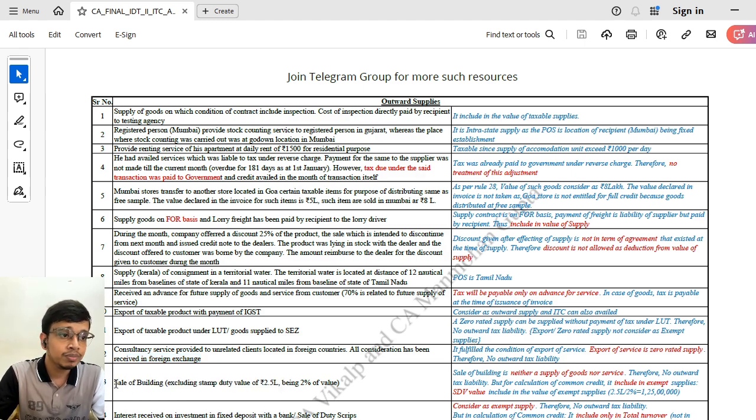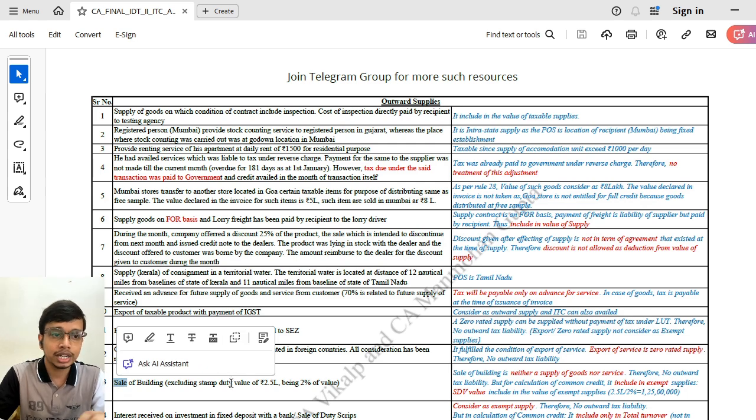13th point, sale of building, excluding stamp duty value 2.5 lakh being 2% of the value. Sale of building is neither considered as goods nor a supply of services, so there will be no outward tax liability. But as it is an outward exempt supply, it is included in the exempt turnover while